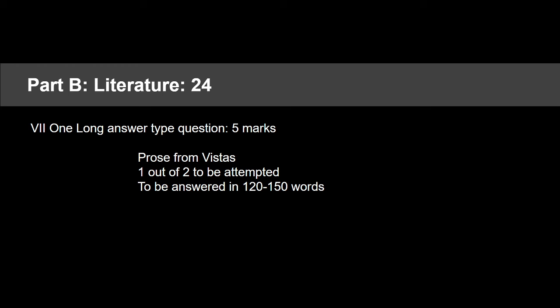Now, as far as securing marks is concerned, I have already told you that part A, which has all MCQs, is easier to score, and it is easier to score all 40 marks in that. In part B, which is subjective, it is slightly challenging. The shorter the question, the easier to score the full marks. In the longer questions, it is challenging, but I would say that even in the longer ones, nowadays it is not rare to get full marks